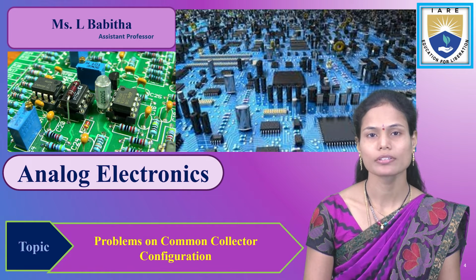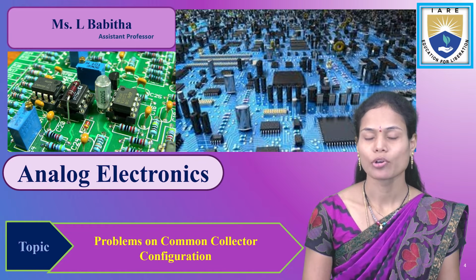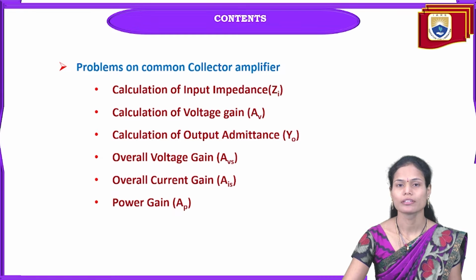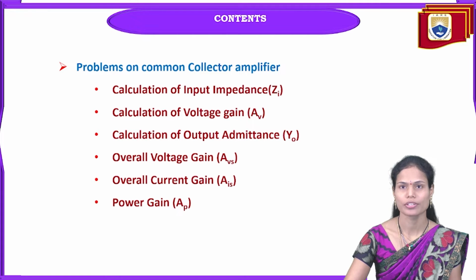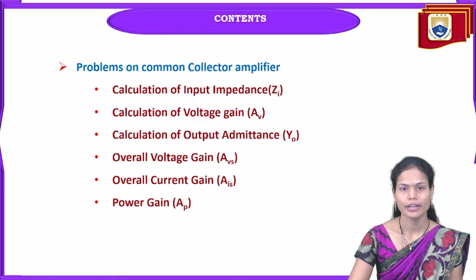In this session, I am going to discuss the problems on common collector configuration of the bipolar junction transistor. What are the parameters we are going to calculate in these problems of the amplifier circuit? The first thing is the input impedance of the amplifier in common collector configuration, and the calculation of the voltage gain and the output admittance as well as output impedance, and the overall voltage gain, overall current gain as well as overall power gain of the amplifier circuit in the case of a common collector